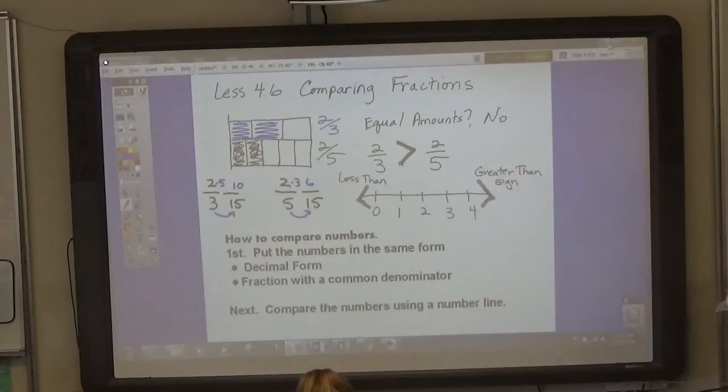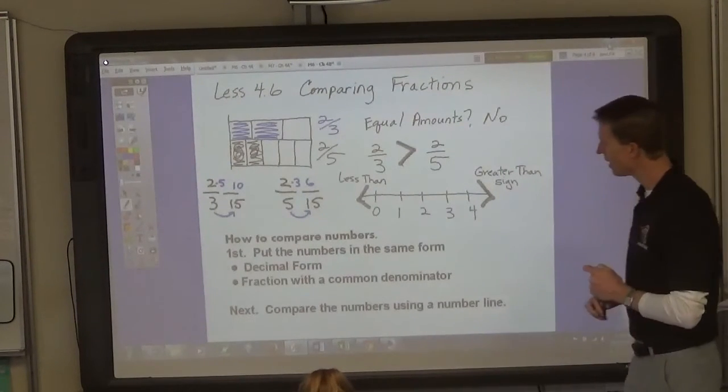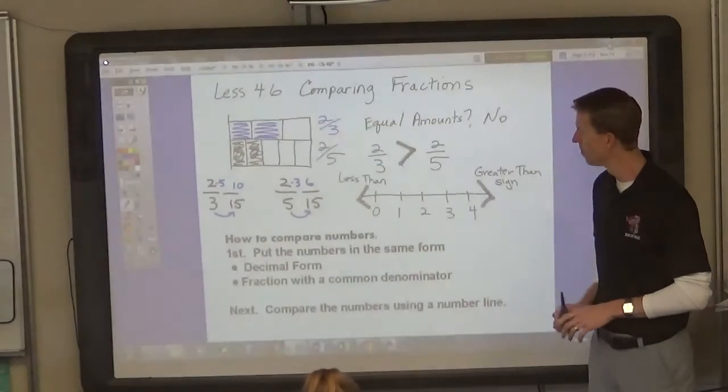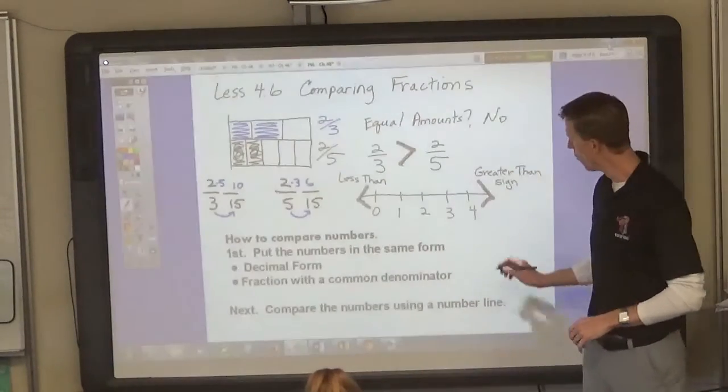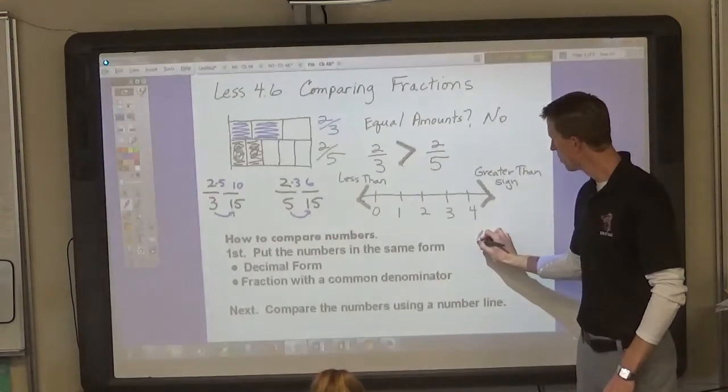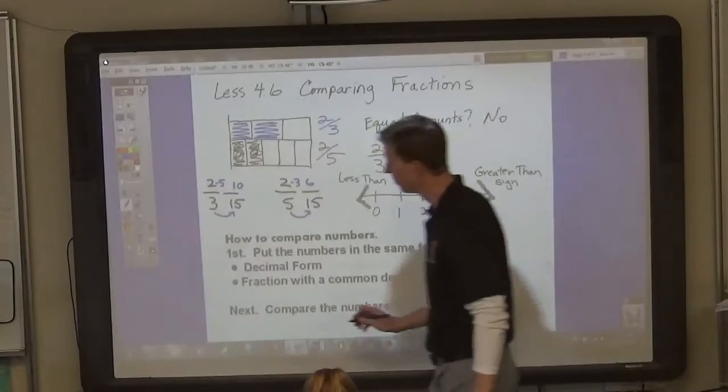Now, you also have to have numbers in the same form when you're comparing them. Okay? What if you had 2 numbers and one of them was